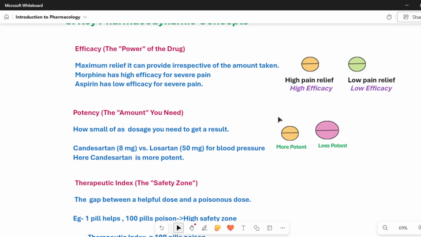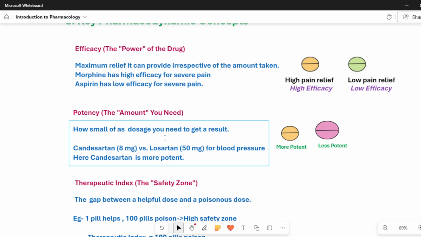So the tablet with the lower dosage giving the same result is called more potent. For example, if you take one candesartan 8 mg tablet, your blood pressure is controlled. But for the same effect, you have to take a 50 mg tablet of losartan.